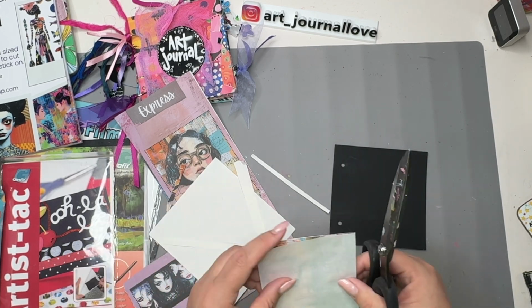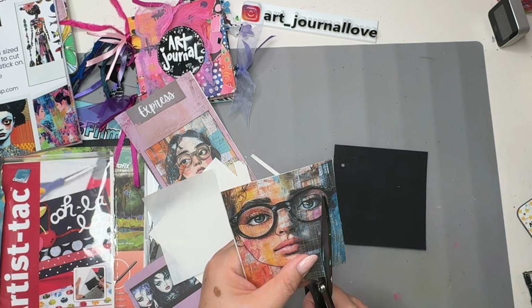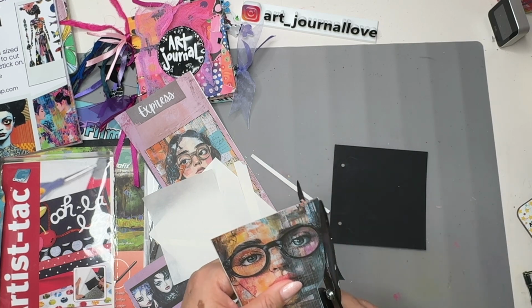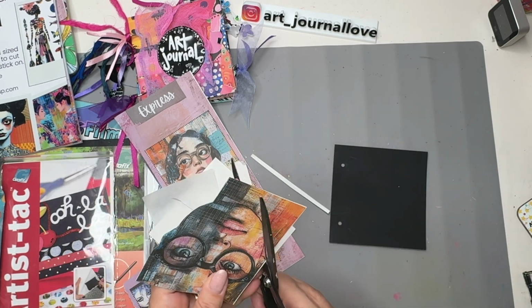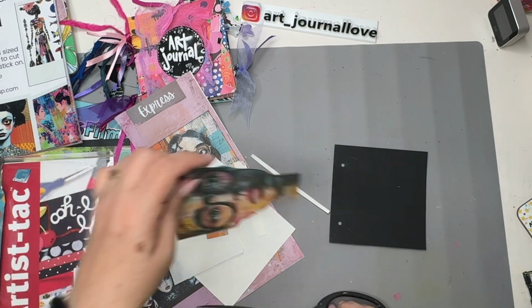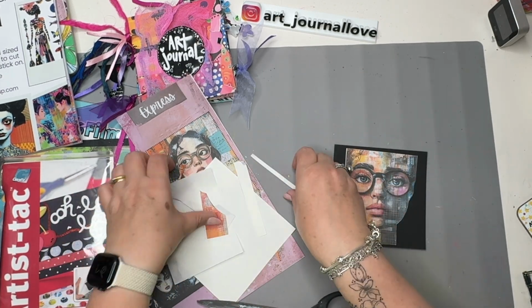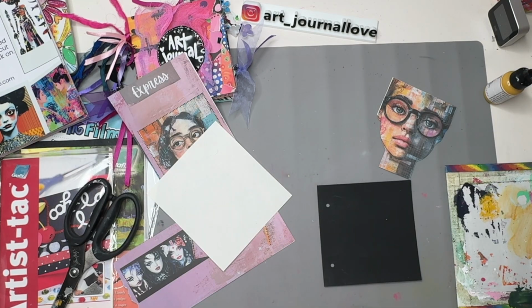Cutting the image down, and then I'm going to remove that top piece, and then I'm just going to trim around the face just so that I can have a little bit of the background showing on my journal page. So the journal that I'm working in is one that was shared in a previous project with Grafix. It's a 6-inch square. It's a lovely little size to play in, and I'm adding more and more things into